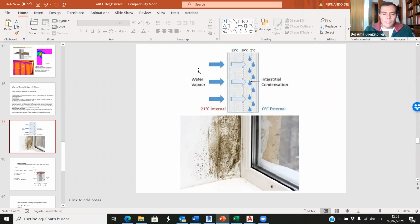We can do this with ventilation. That's why the ventilation system is very important in buildings. If we have a good ventilation system, we won't have an excess of water vapor inside, and we won't have these kinds of condensations. What if, even if we have a good ventilation system, we have